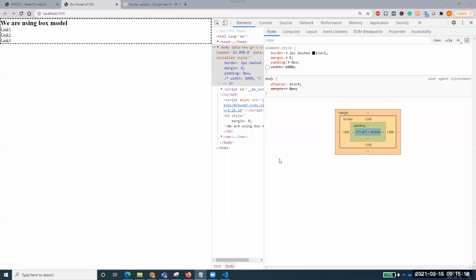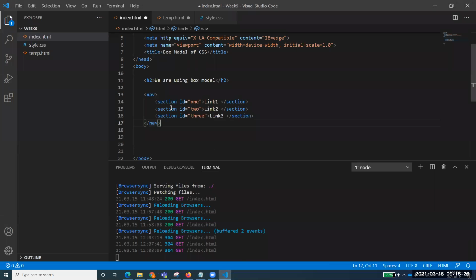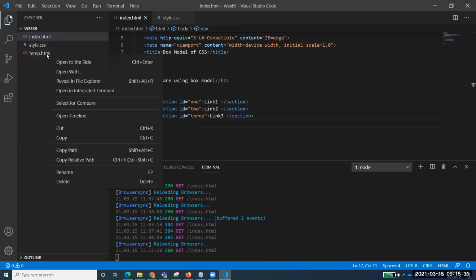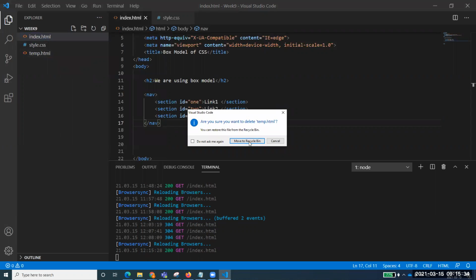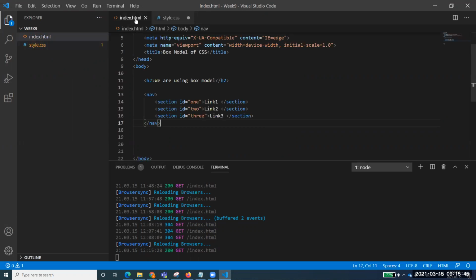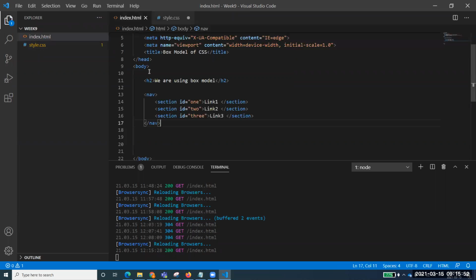So if you are clear about that, let's go back to our document and now discuss how we can implement this by using CSS. This was our document that we were using, and this temp file I just created for you. Don't save it, I even want to delete it. So in style.css, we are first of all working on the main content. Have we defined the main section over here? No, we have defined the nav. I defined nav main in the beginning, but now I'm changing it. This is our nav section, and I want to work in this nav section.